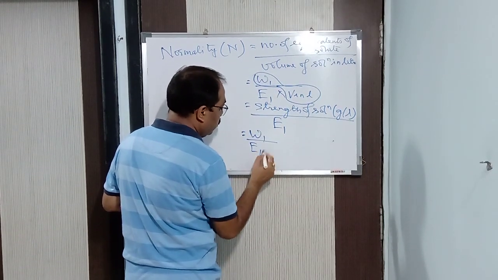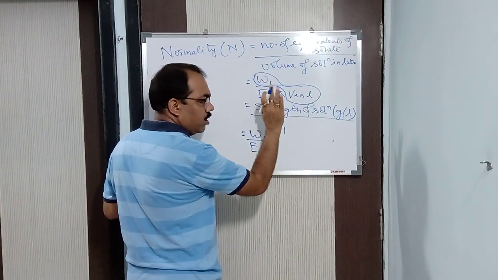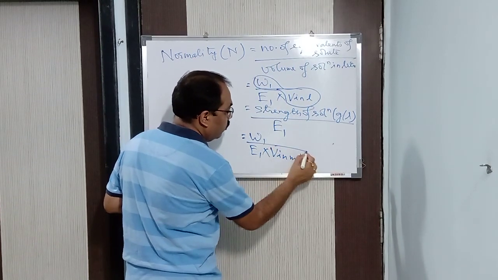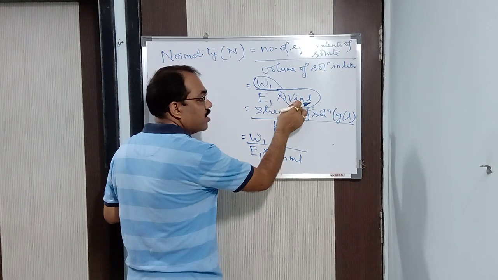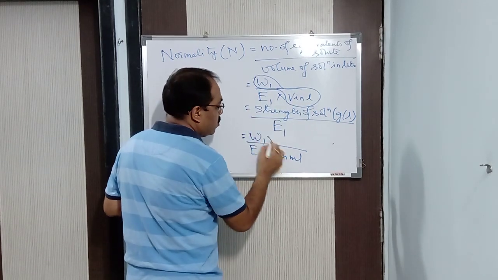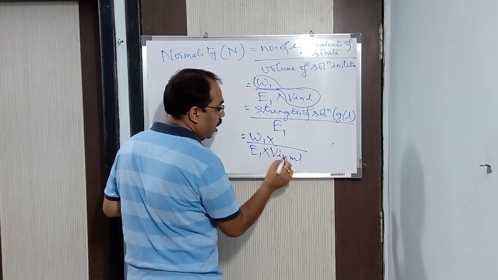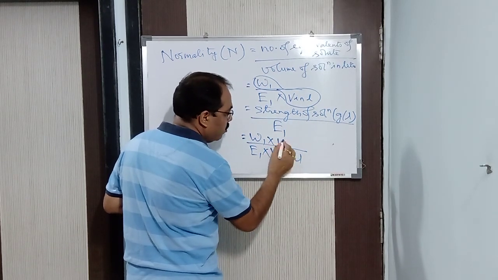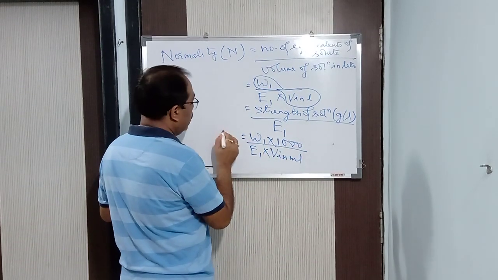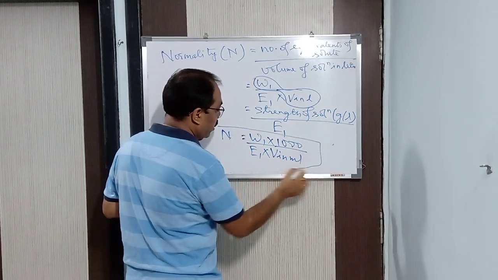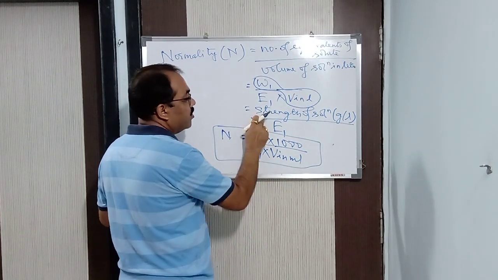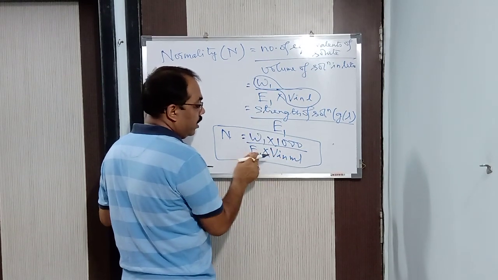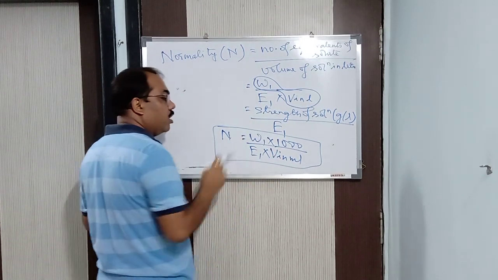Or we can simplify it further. How? Suppose volume is not given in liter. Generally it is not given. It is given in ml only or in cc. Volume means whose volume? Volume of the solution, remember always. So if volume is given in ml, how to convert the ml into liter? We divide by 1000, isn't it? So it goes into 1000. So this is the formula of normality. If the strength is given, then I'll use this formula. If volume is given in ml and equivalent weight is given, then I told you about equivalent weight.